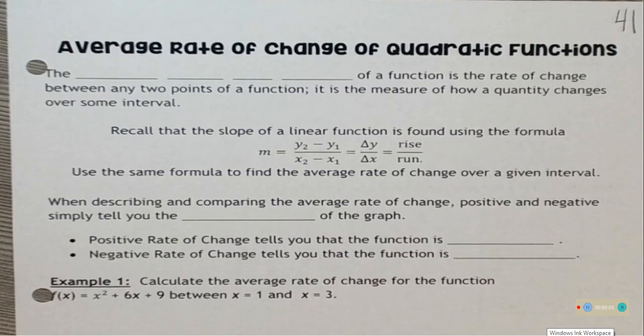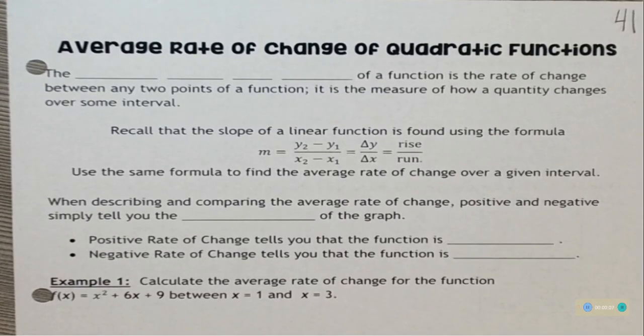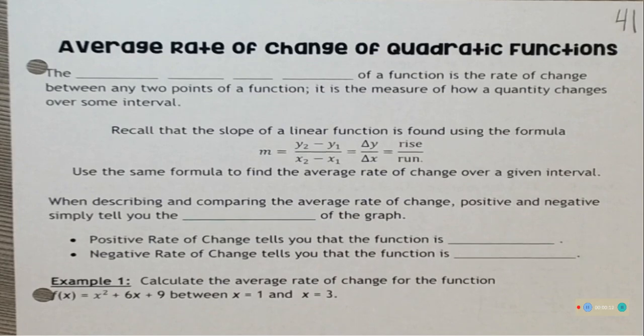Today we are doing average rate of change of quadratic functions. If you're thinking, I think we've done rate of change before, you're right. We did rate of change with linear functions, and those were straight lines. And so the rate of change of a linear function is called the slope, and the slope is always the